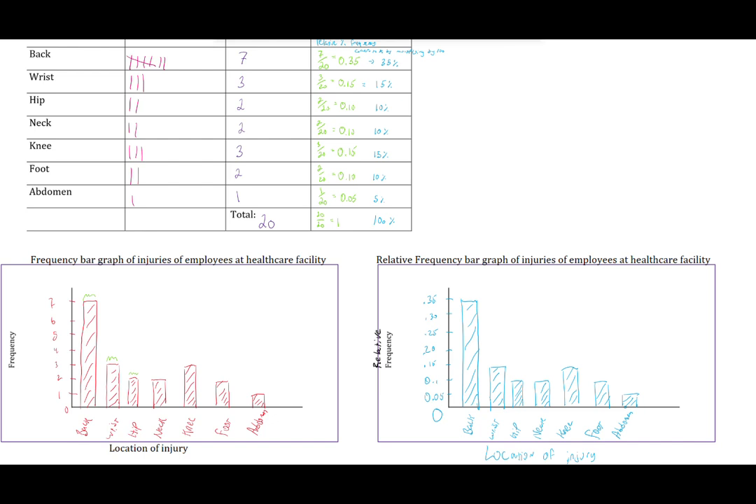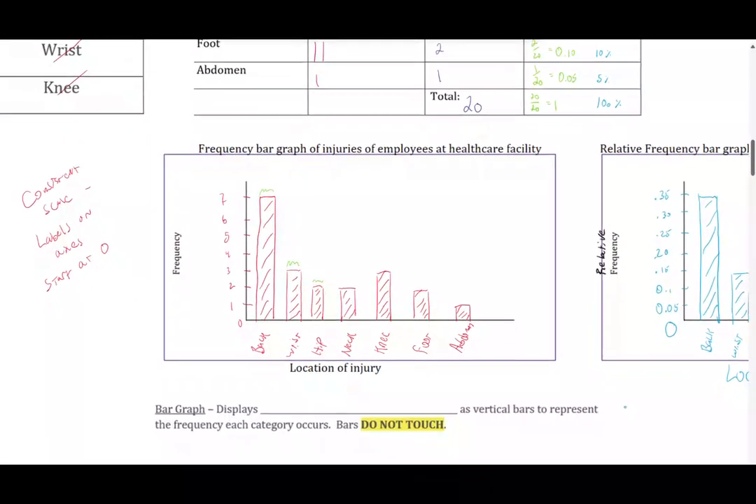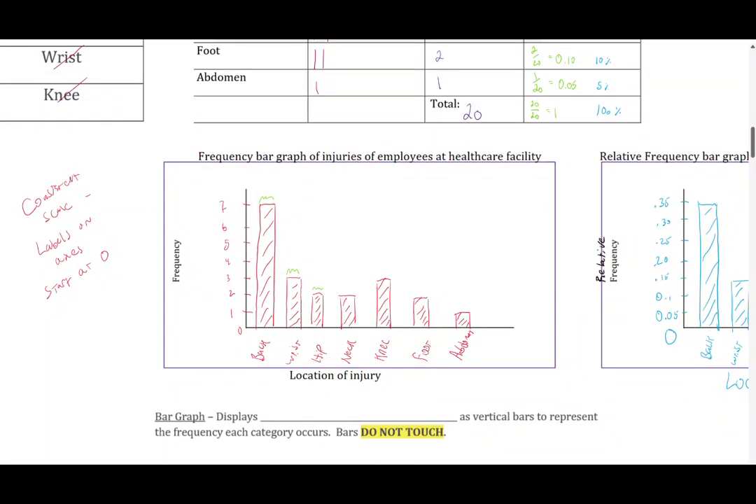So now we have a visual representation for the location of injuries. We can quickly and easily visualize which one has the highest frequency, which one has the lowest frequency. We can get some information from the bar graph, and we haven't really done too much math still. We did a little bit of calculation with the relative frequency, but there's not too much there. All right, so this is what we need to know about bar graphs. A little bit more notes here, and then we'll end this video and we'll jump into a histogram on the next one. Bar graph displays categorical variables